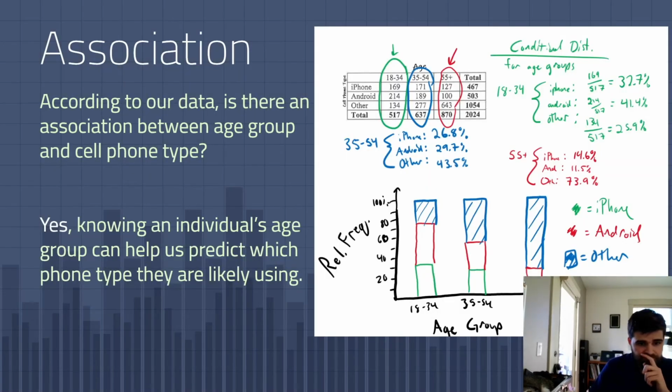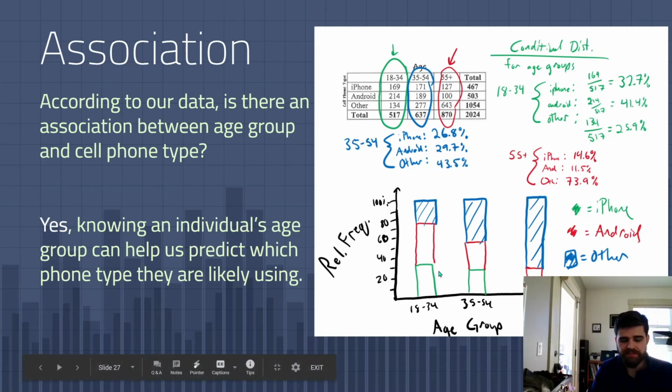So is there an association between age groups and cell phone type according to this data we were looking at? If we look at this, we do see that each of these bars are pretty distinct, right? We can tell the difference between the 18 to 34 bar and the 55 plus bar. Those look very different. So just looking at this information, I'd say that yes, knowing an individual's age group can help us predict which phone type they are likely using. We'll talk more about how to really know for sure, looking into some probability, but for right now, I think this is a good enough explanation, just looking at how much more likely you are to be using not an iPhone or Android